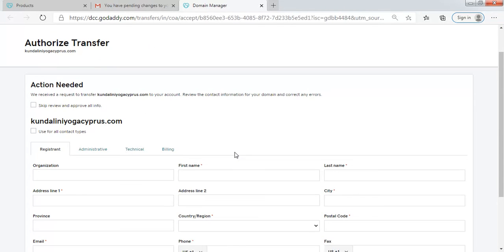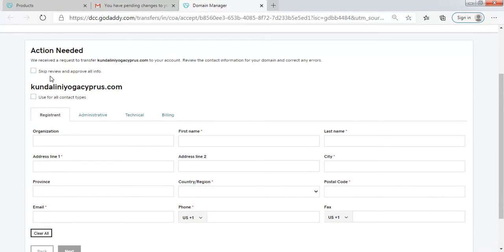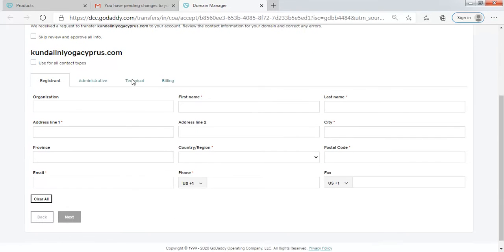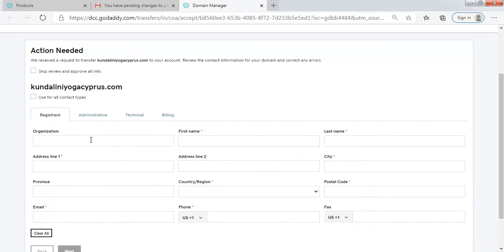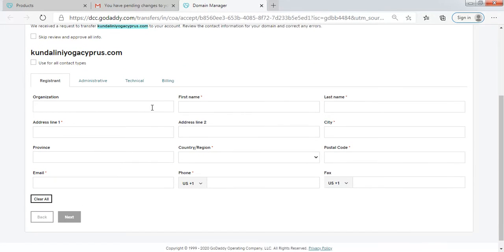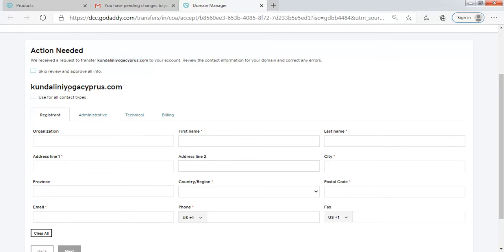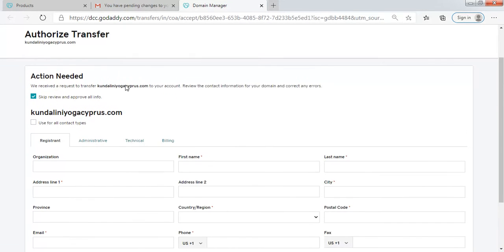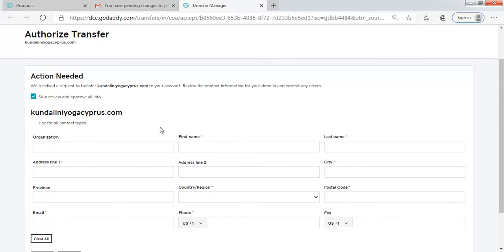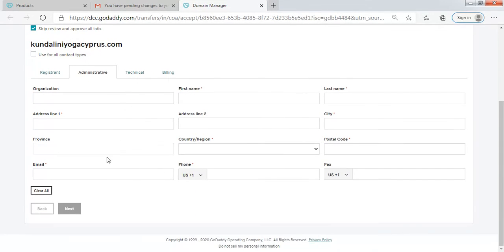It will take some time. We can put the new information here, right? If you want to put new information, then we can, otherwise we can put it later on.